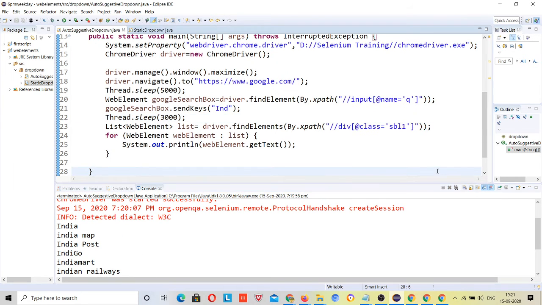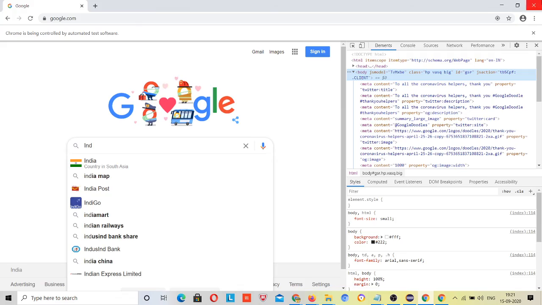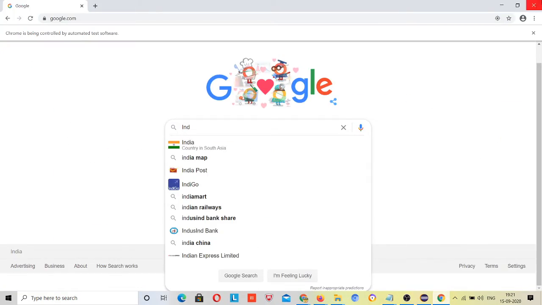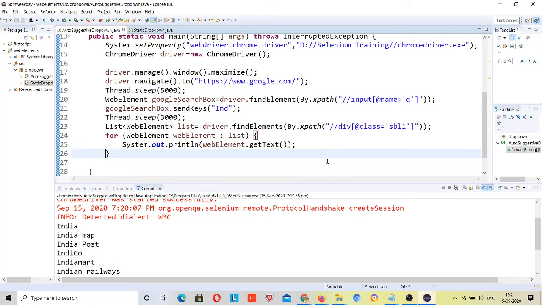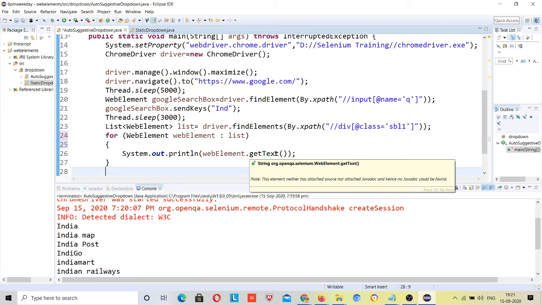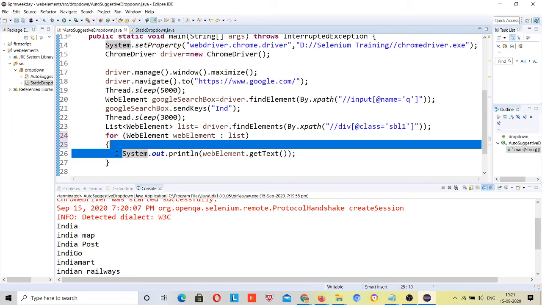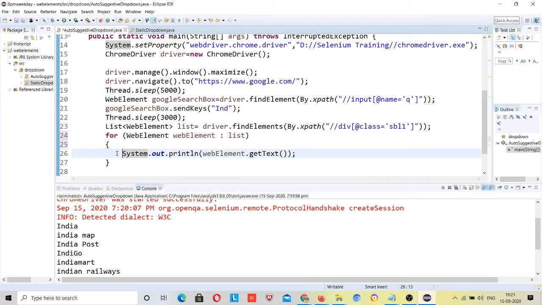But this is an auto suggestive drop down. Although my first way didn't work, it will not happen every time that that way will not work, right? Today it has not worked because maybe there are some issues with the Google drop down. Google is too smart. Maybe tomorrow it will prevent you from automating its web page, just like every 2 months it updates its driver, right? So that's why sometimes it's not supported. That's why we have other ways also. This is not only the second way, there are multiple ways that I will tell you day by day.